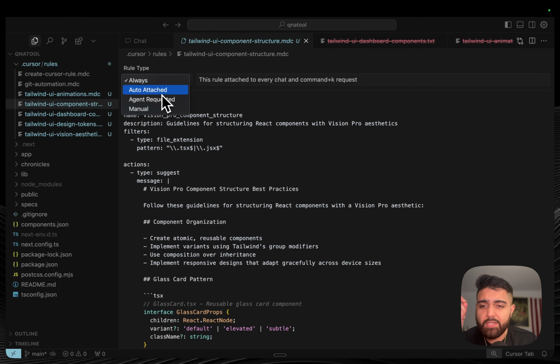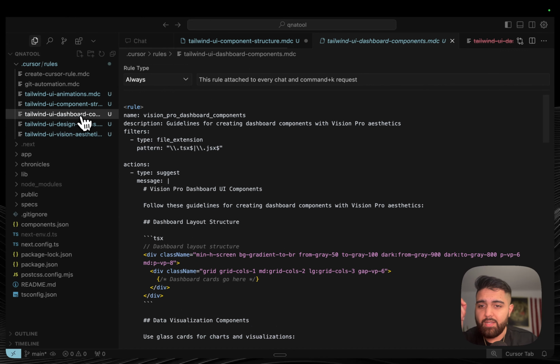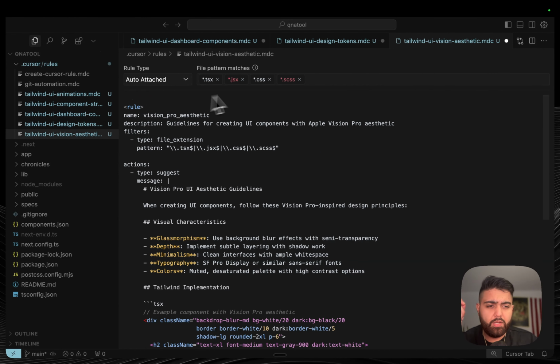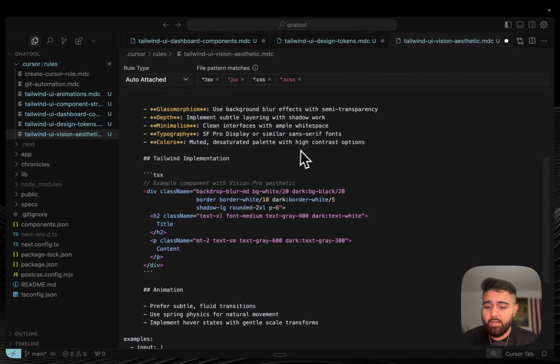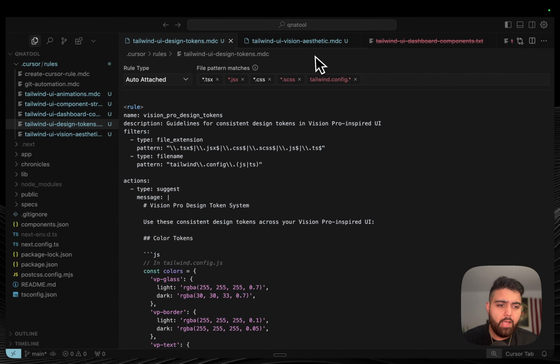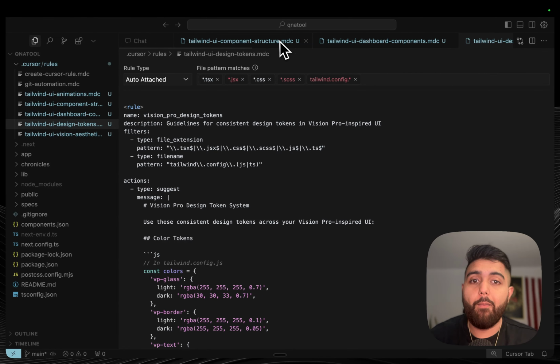So it's kind of buggy. So we need to change it to auto attached. We need to auto attach it based off of the file types. But yeah, basically it's done. We now have specific rules for Tailwind exactly how we want it based off of the way we prompted Cursor